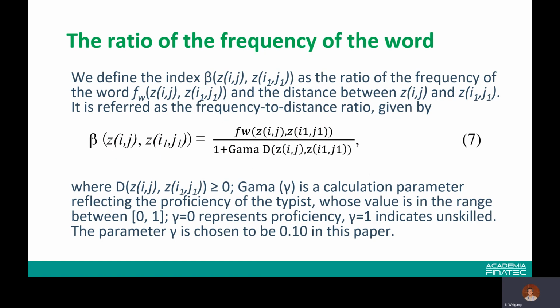The ratio of frequency of the word. We define the index beta as the ratio of frequency of word and the distance between Z and Z. It refers to the frequency of distance ratio by equation 7. When the distance must be